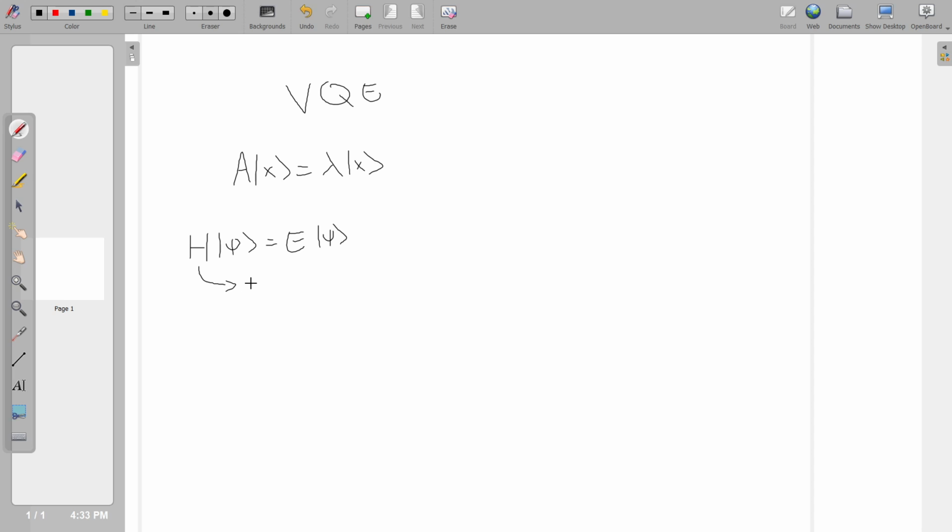Could be, for example, if we have a qubit here or a single state here as our wave function, this could just be the Pauli Z operator. Or it could be the Hamiltonian for the infinite square well. There's a lot of things that this Hamiltonian could be, but it can be represented as some sort of matrix. So that's just what I'm doing here. And so when we have this matrix, we know a couple things. One, we know that the Hamiltonian has eigenvalues. And in order to calculate this, we know that